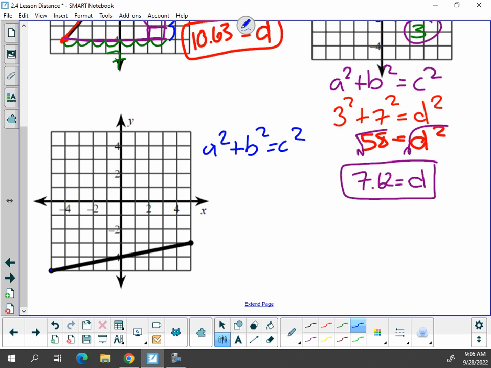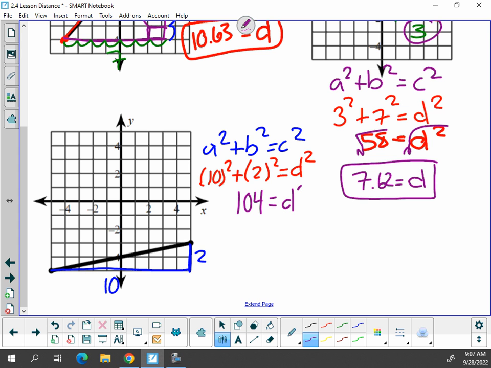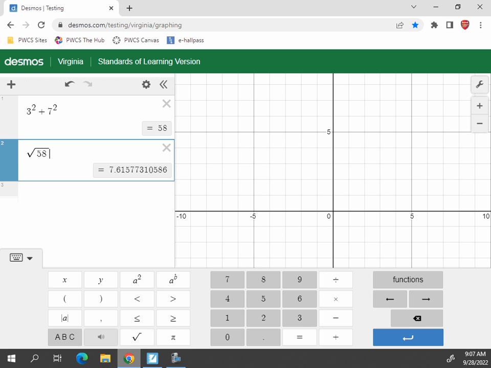And so I can get, there's my x distance, that is 10. There's my y distance, that is 2. And so again, I like to put x first. I like to do the same thing every time. Just keep reinforcing the same processes every time. I can put 10 squared plus 2 squared in my calculator, and I would get 104. And then I want to reinforce that I'm going to have to square root at the end here to get my actual distance, or my actual length of my line segment. So square root of 104,